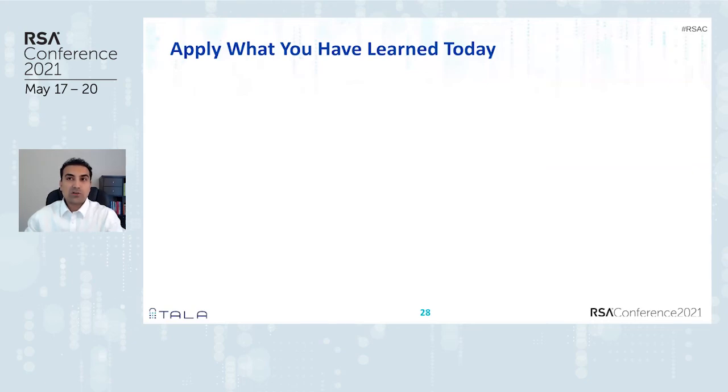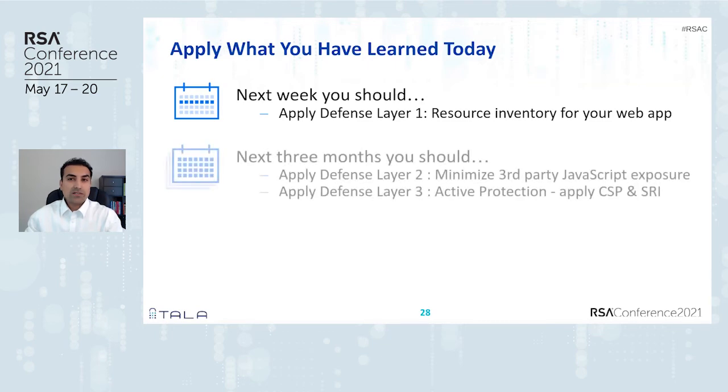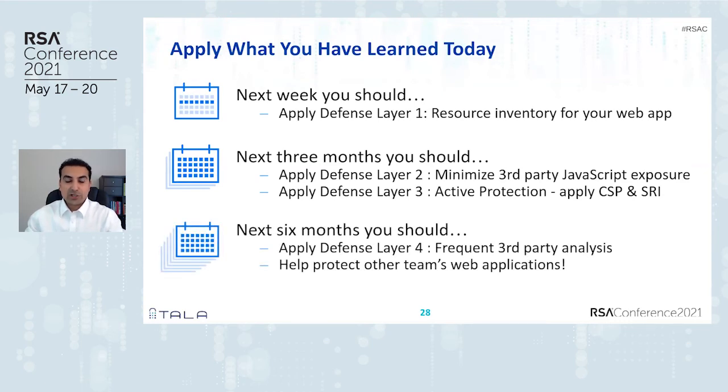As we're coming to a close of this session, I hope that you have a better understanding of client-side threats and the ways in which you can safeguard against this new age of threats. For the next steps, I'll recommend that in the coming weeks, you try and perform a resource inventory of your website. In the next few months, get a CSP, use an SRI, and be ready for the worst case in case a third party is breached. And lastly, pass on this message to other security professionals in your network and in your company so that they too can protect their websites and web assets.